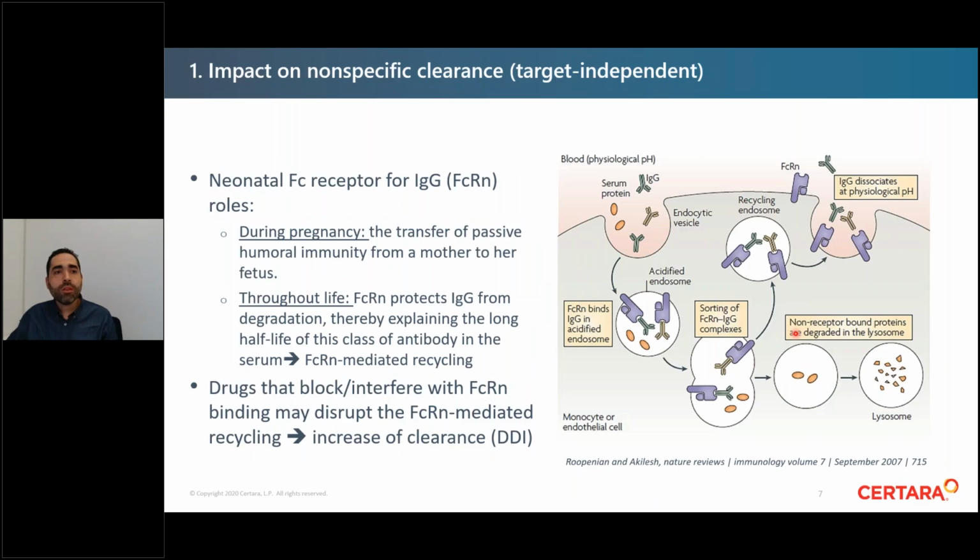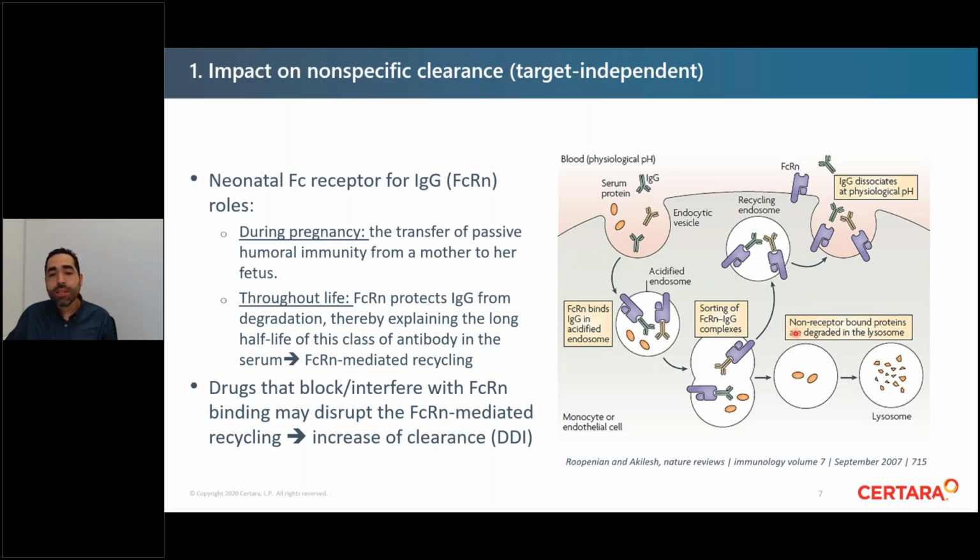So the first one is about the non-specific clearance. Generally, the drug-drug interactions may be seen on an impact on the neonatal Fc receptor, or FcRn. This receptor plays an important role during pregnancy for the transfer of passive humoral immunity from the mother to her fetus. And throughout life, this receptor protects IgG from degradation, which explains why this class of antibody has a long half-life. And this extended half-life is thanks to